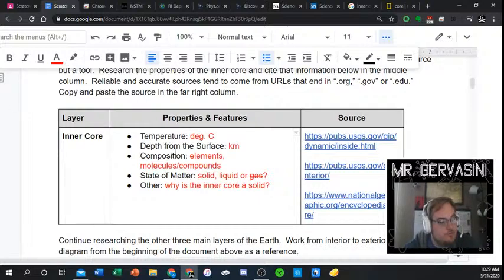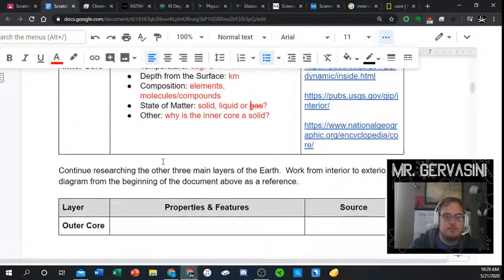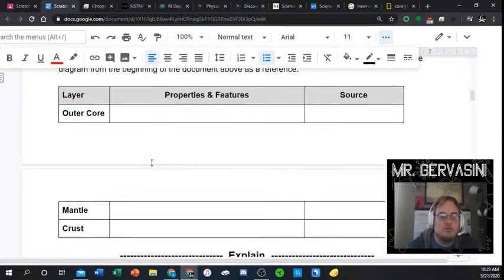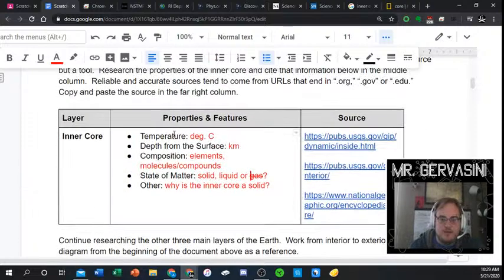So that's the inner core. No one really has any questions. Hopefully not struggling. Which seems like it's the case, that you're not. There are 3 other layers. There's the outer core, there's the mantle, and there's the crust. I've already kind of talked about the depth,